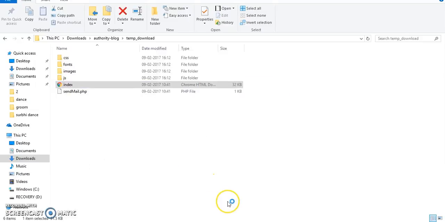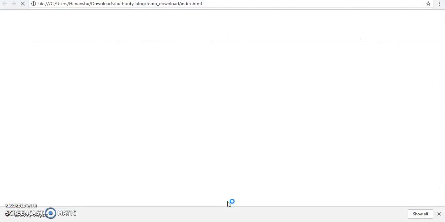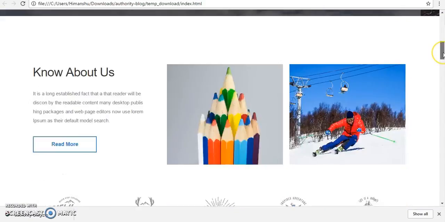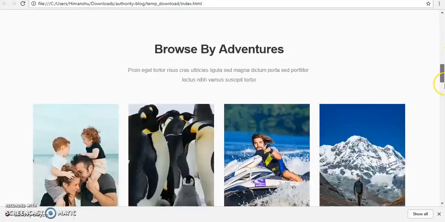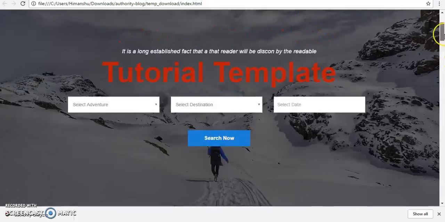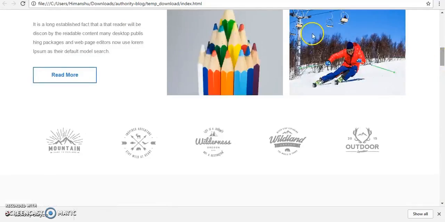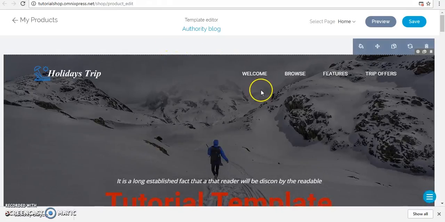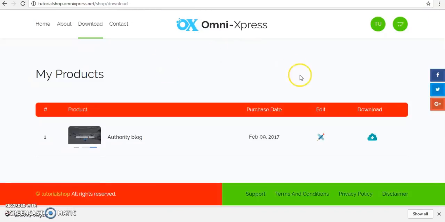It's asking where I want to open it. I choose Google Chrome, and here is the particular template which I can see. Yes, here it is, the template with all the content and text which I have changed. What exactly your customer needs to do is just put this zip file onto a server. I'll explain that also, how to connect, how you can upload that and make your own very dynamic site.